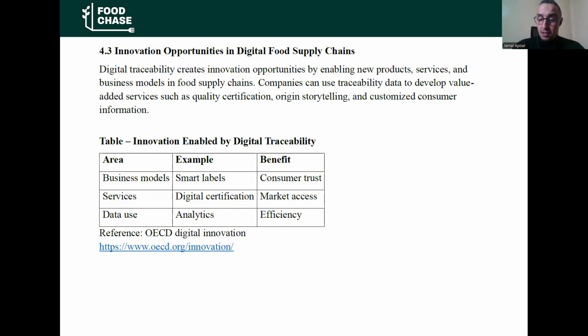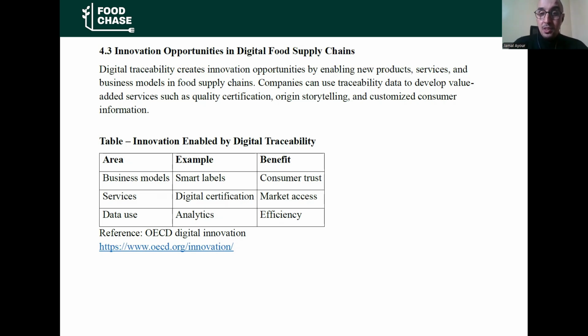It's the base for any progress in the food supply chain. For each stage of production, for the equipment or materials that are used, we develop these materials using the data collected by digital and traceability analysis.